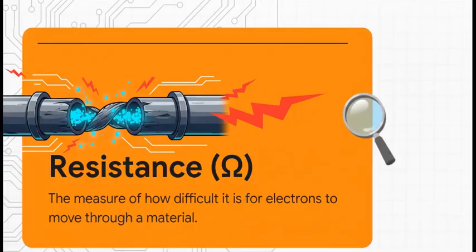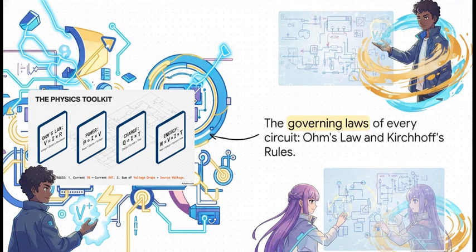And finally, resistance, measured in ohms. This is the last piece of our little analogy. Resistance is basically how narrow that pipe is, restricting the flow. The higher the resistance, the tougher it is for that current to push through. Simple, right? So now that we have the alphabet, the symbols, and the units, it's time to learn the grammar